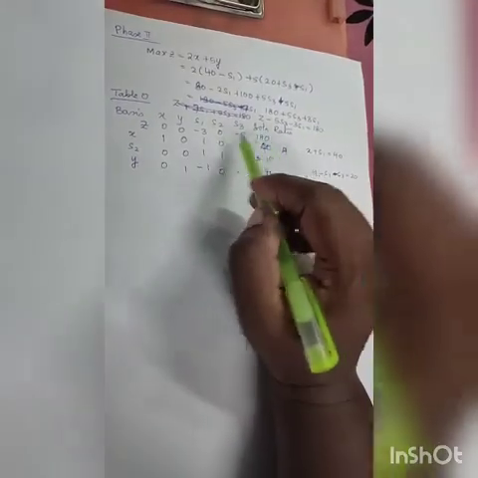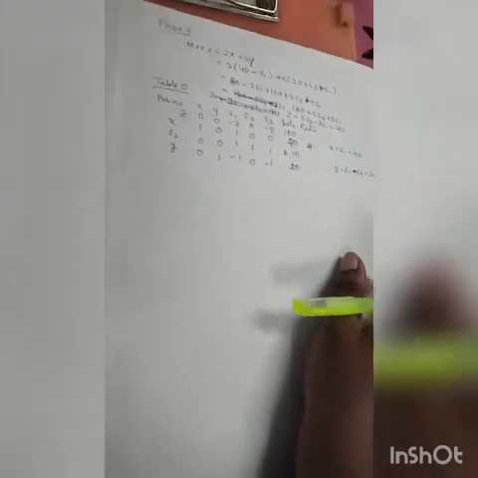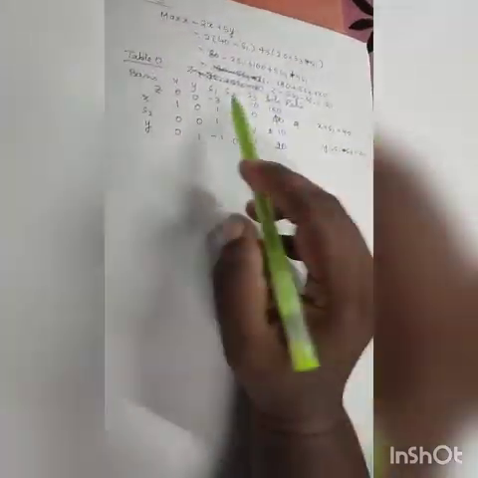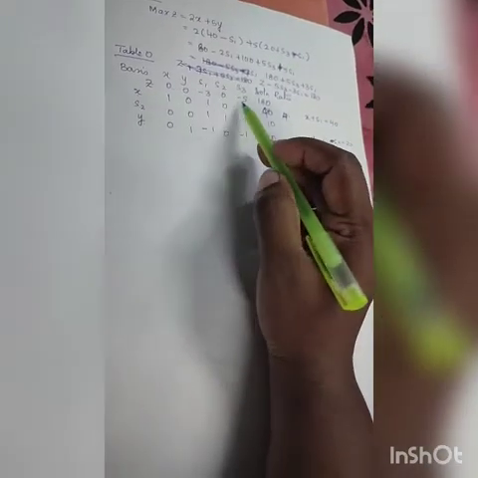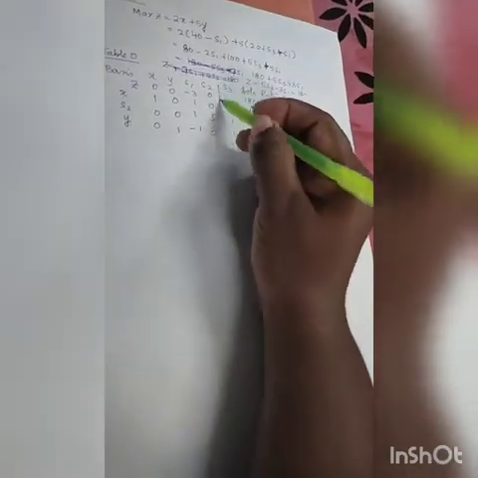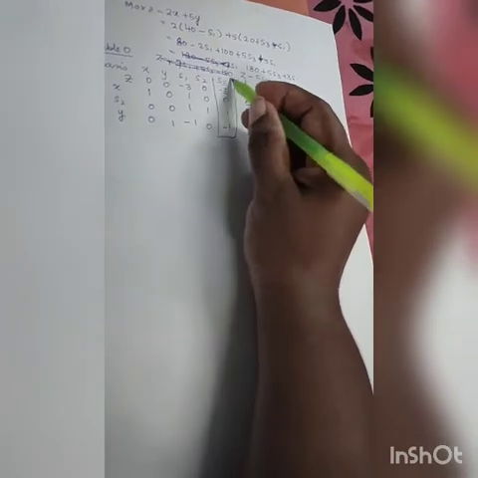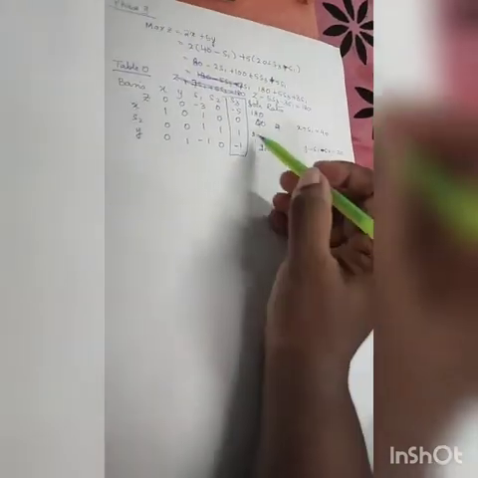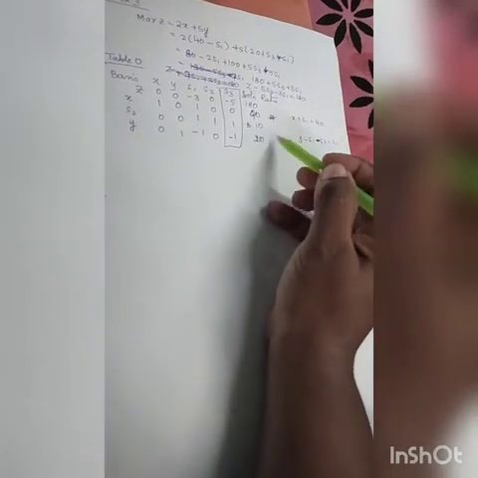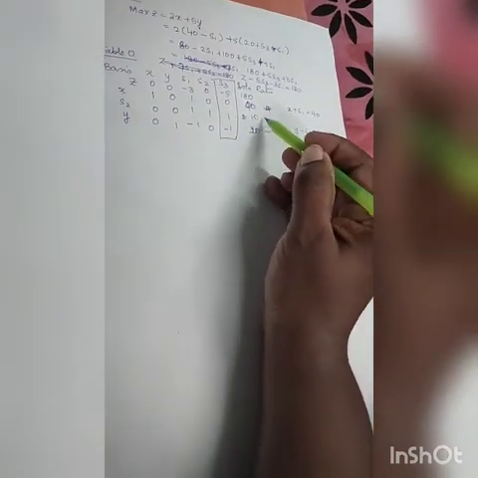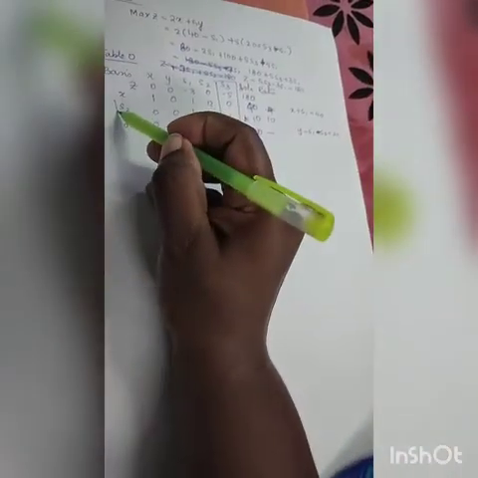Okay, so my final table is done. This is my phase 2 first table. Here this is a maximization problem, so the most negative will enter. This is the most negative and this one is going to enter. Because of this there will be a dash, and here this is a minus, so dash, this will be the only one. So x2 is leaving.